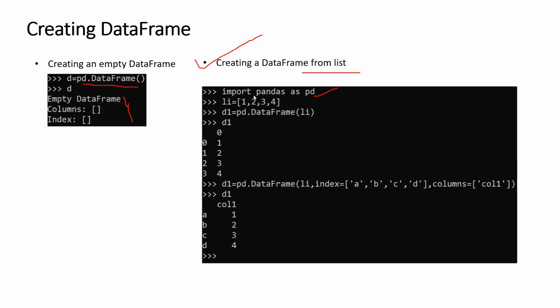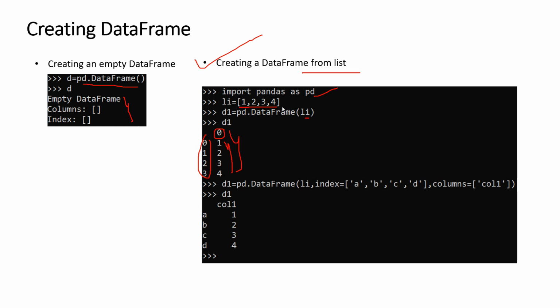First of all, you always have to write this command, that is import pandas as pd. First I am going to declare a list 1 2 3 4, and d1 = pd.DataFrame(li). Very simple. You just have to pass the list inside that. On printing this, you will get a default index that is 0 1 2 3, a default name of the column that is 0, and the data of the list. So if you are using a simple list, then that list will be converted to a single column.